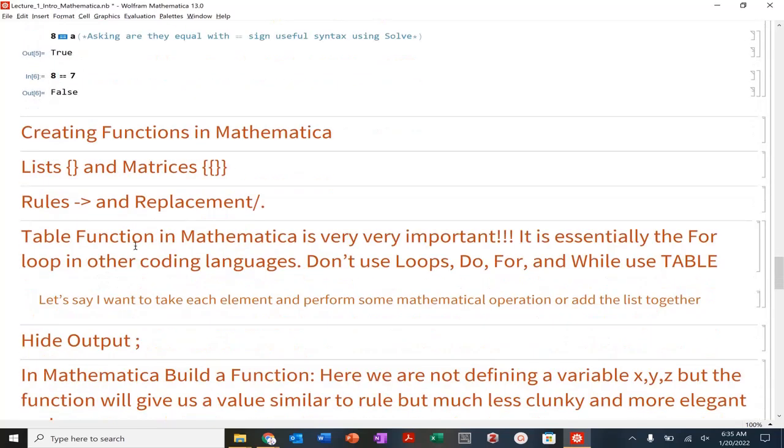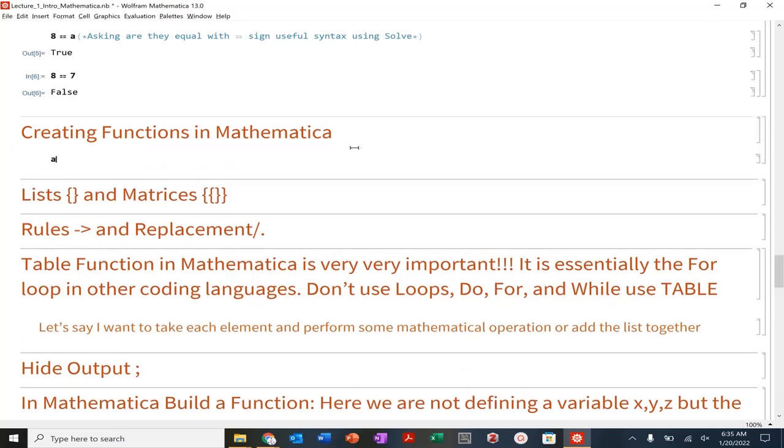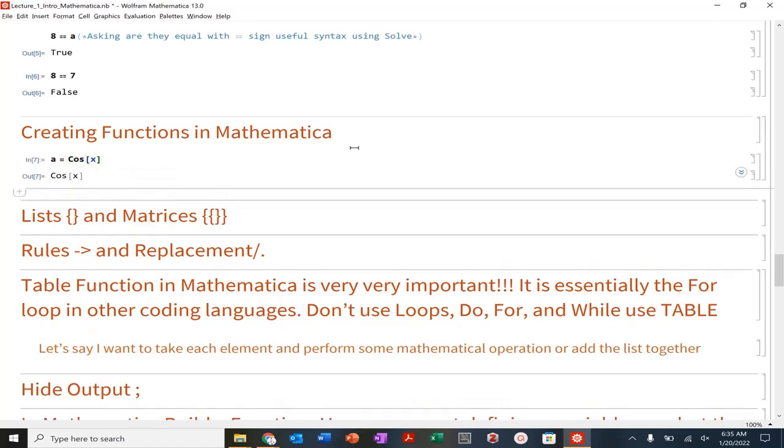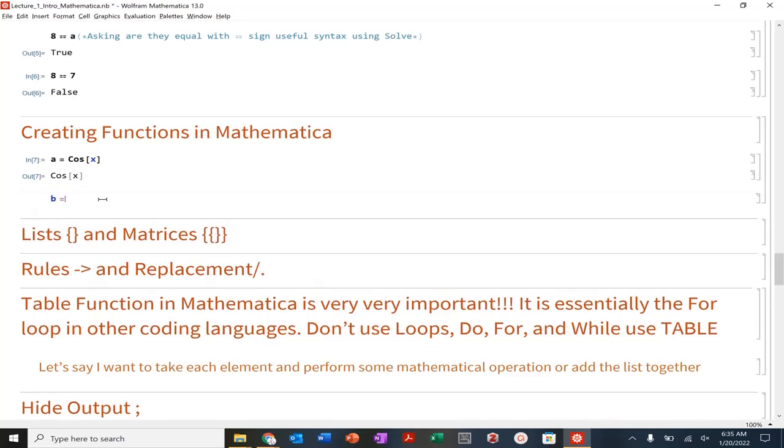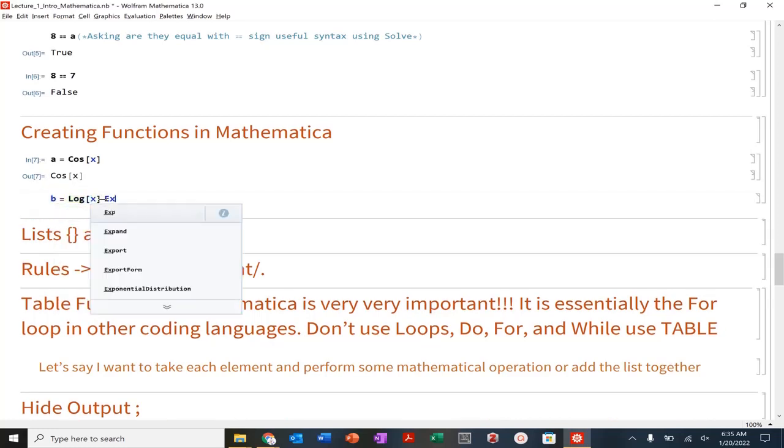All right, so creating functions in Mathematica, and not only creating functions, but looking at equations and solving values as well. So we can also assign values, not only to a variable, but we can effectively create a function. So let's do a couple of functions: a equals log of x times